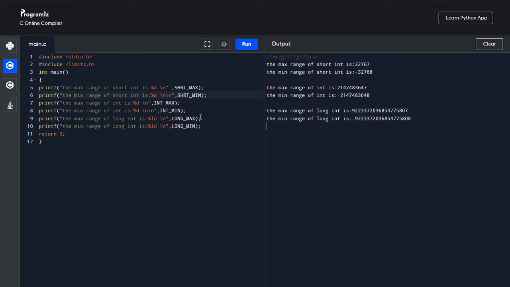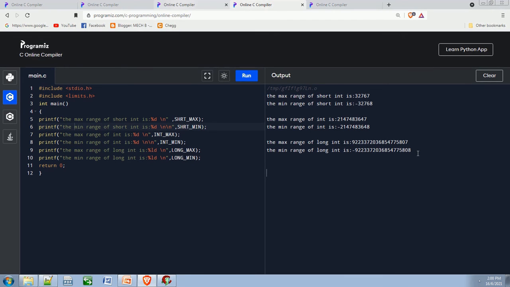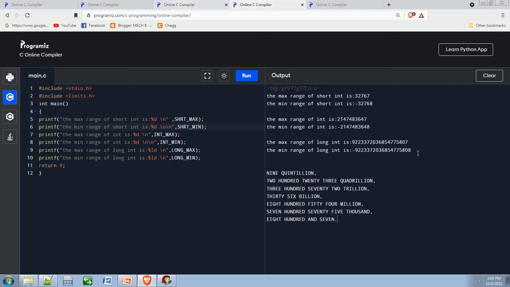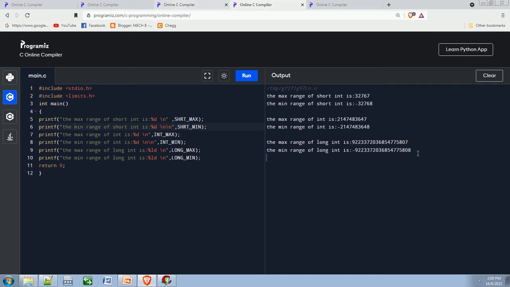So it will become 9 quintillion 223 quadrillion 372 trillion 36 billion 854 million 775,807. And the same is for minimum. Instead of 807, it's 808.